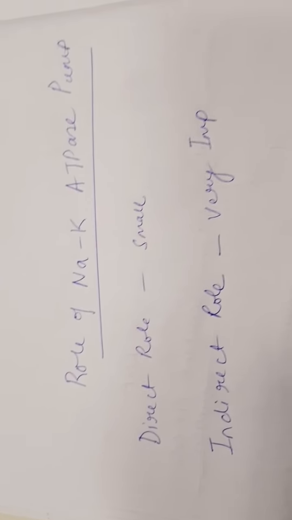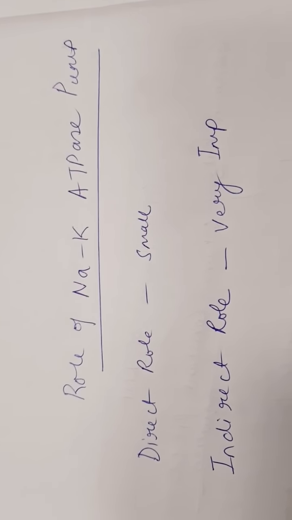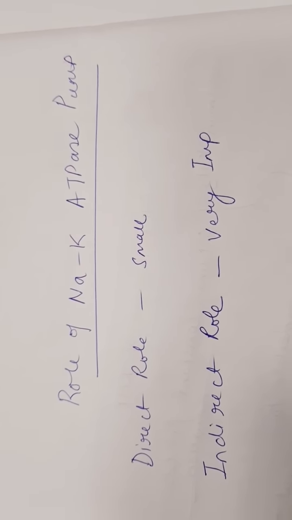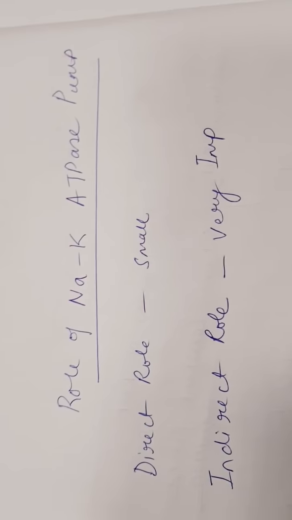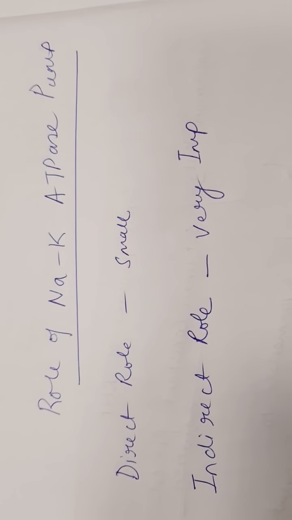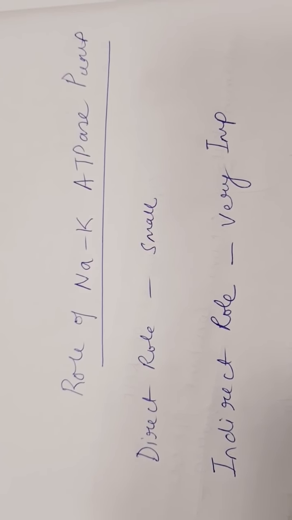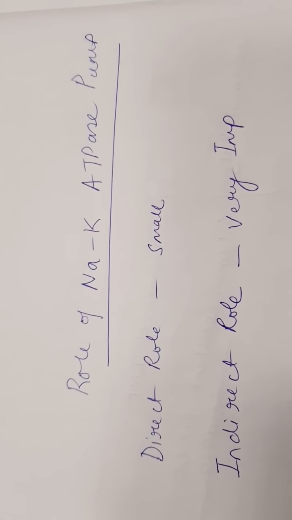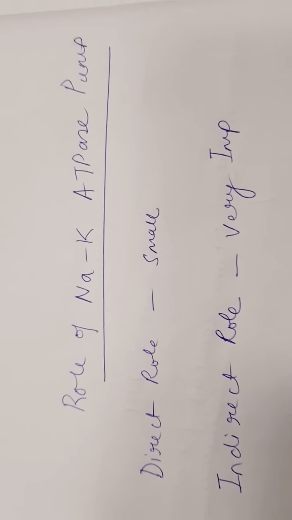Okay, let's talk about the role of the sodium potassium ATPase pump in development of the resting membrane potential. We have already talked about this. The sodium potassium pump is an electrogenic pump which extrudes 3 sodium, that is 3 positive ions, and takes in 2 potassium, that is 2 positive ions, and creates a negativity inside. It also creates a differential distribution of sodium and potassium in the cell and outside the cell. So due to this pump, potassium is more inside than outside and sodium is more outside than inside.